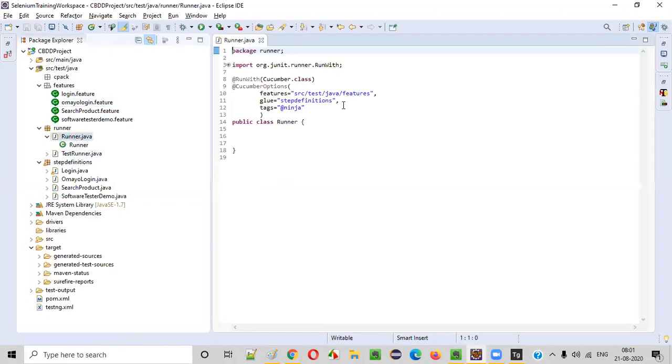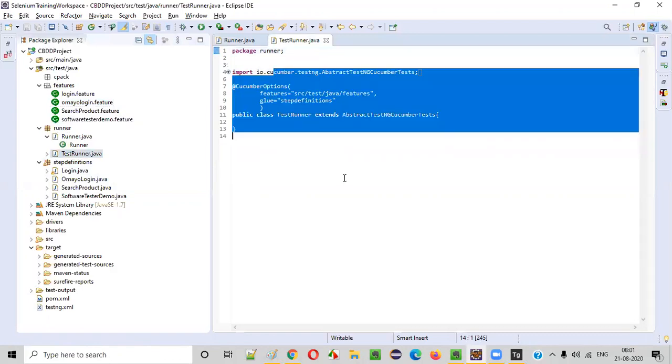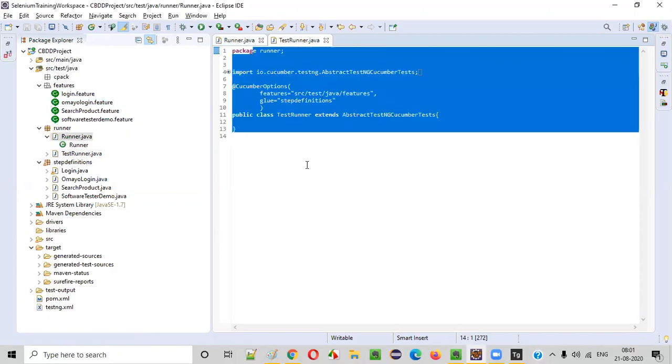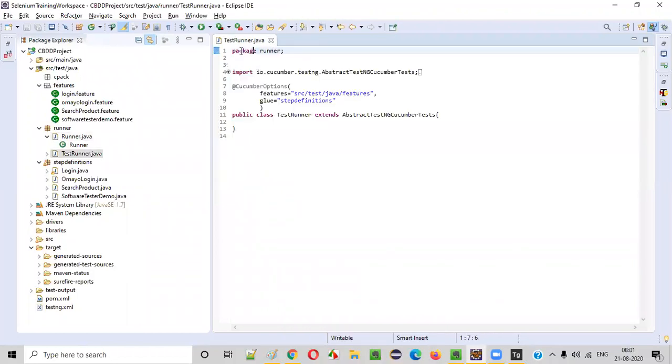This runner class, guys. This is JNet runner class. This is SessionJ runner class. This is from where we are running the feature files, right? So if I run from the test runner, will all the feature files be run or not? Either it may be JUnit or testng, it doesn't matter. For example, here testng is there.